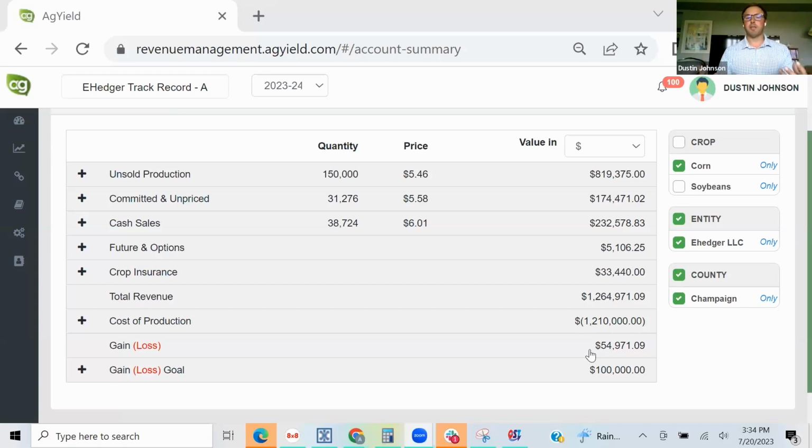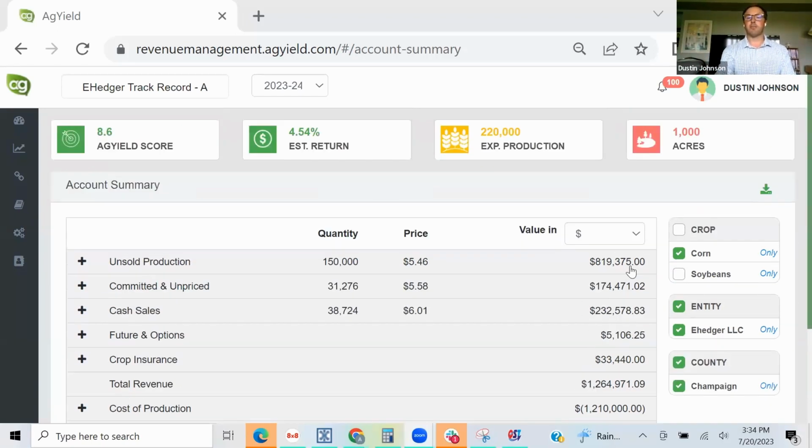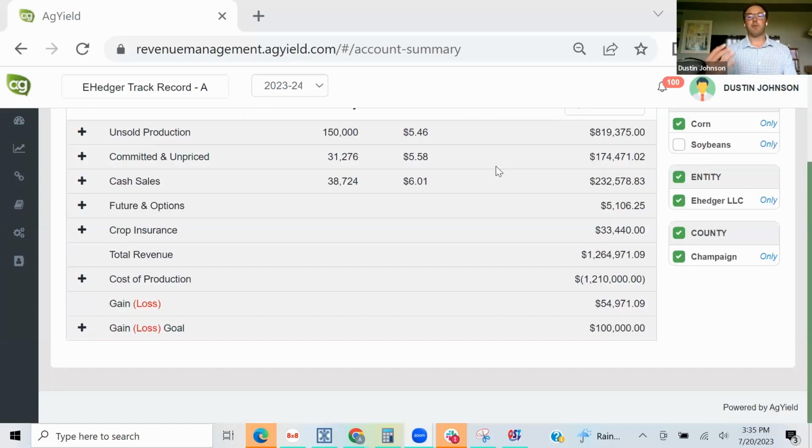So in this example, we're just simply looking at corn. We've got 1,000 acres in this demo account, and we're expecting 220 bushels per acre is what we had started for a preliminary number, which is an APH example farmer in this case. So with everything we've done so far this year through cash sales and futures and options on the track record, let's say at that 220 yield, we're just shy of our $100 per acre goal, or $100,000 on this 1,000 acres. We're sitting at about a $54,000 expected return if we're to sell everything today and we're to hit our yield objective.